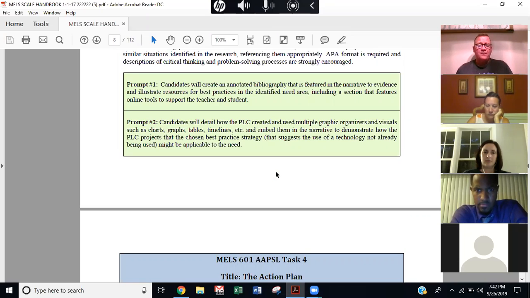Now, once you identify the need, then you need to find a solution to meet that need. Well, that solution can't be just any flash in the pan. You know all this already. Especially if you're a Title I school, it needs to be an evidence-based strategy. So there needs to be literature out there that says, yes, this is a recognized professional solution that has met this need in other areas.